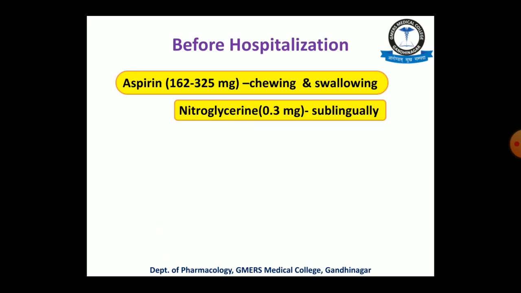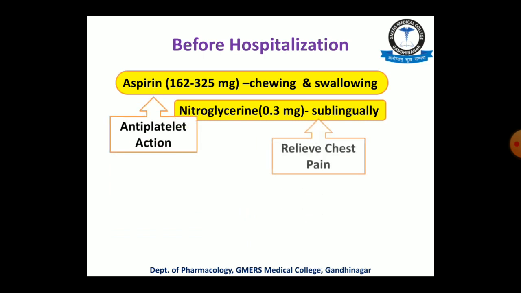Now, aspirin we are giving, as we have discussed, for the antiplatelet action, and the nitroglycerin that we are giving is for the relief of the chest pain. But many times the pain is so much, as I have told in the previous slide, that the patient will tell that the pain that I have experienced, I have never experienced such type of pain in my life. Okay, and you all know that the opioids are very powerful analgesics, especially for visceral smooth muscle pain, and that's why